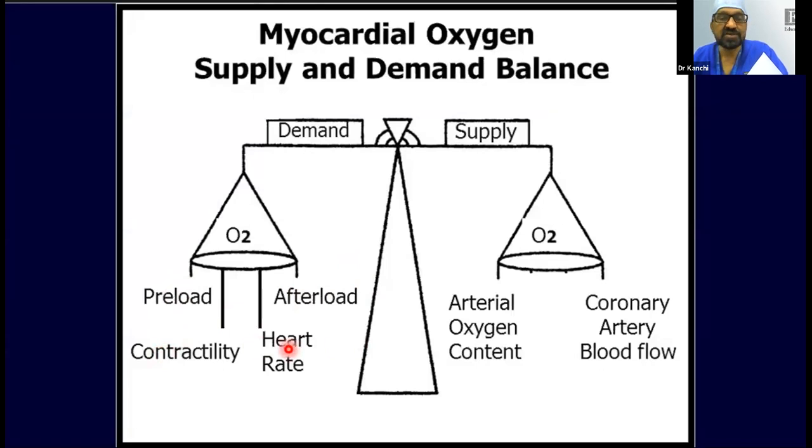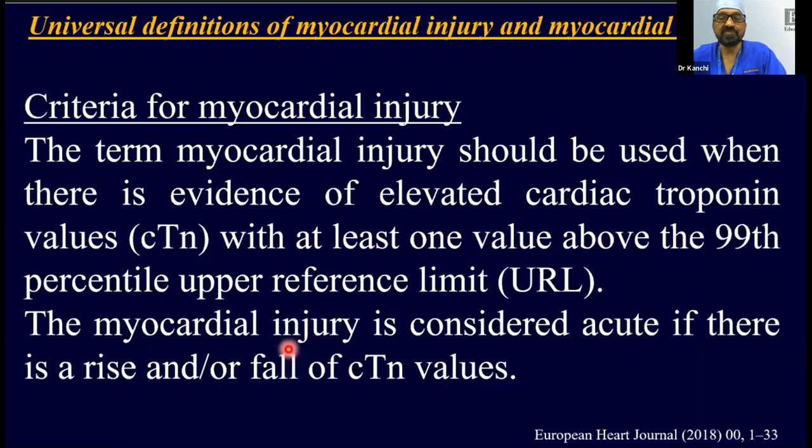These are the factors which determine the myocardial oxygen supply demand. This is a physiological principle. Coming to the definition of myocardial injury and myocardial infarction, myocardial injury is just defined as elevated cardiac troponin values